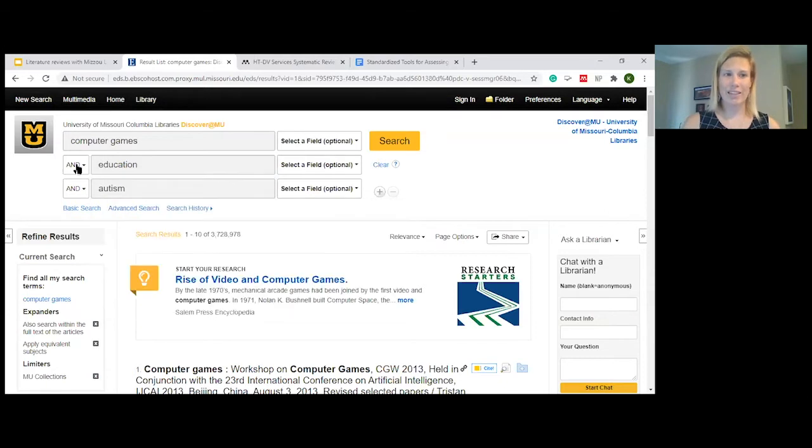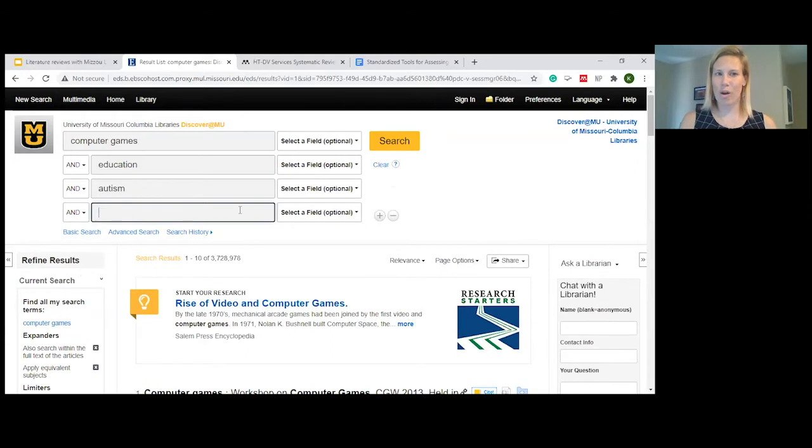And I do want to highlight that because I think oftentimes we use "and" to add things, but when you're researching, AND actually narrows your search, it makes it smaller. So AND is always a good idea. You can add as many of these fields as you want. The more fields you add, the fewer and fewer and fewer results you will get.